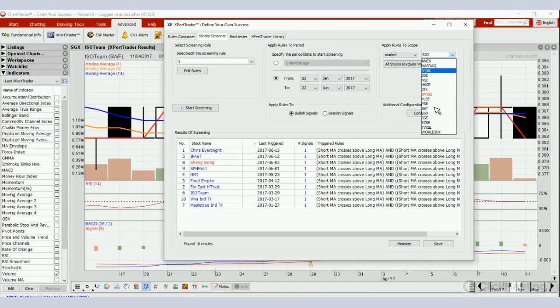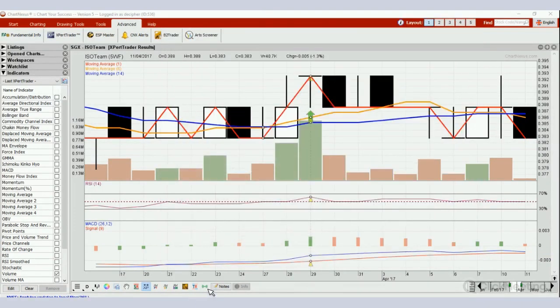You have all the exchanges for you to choose from, but because this user is asking about Singapore stocks in particular, I'm going to use this SGX, and also use the bullish period to show him the buy signal. Right, he's looking for a buy signal. Current date is September 5th. So if you were to look for